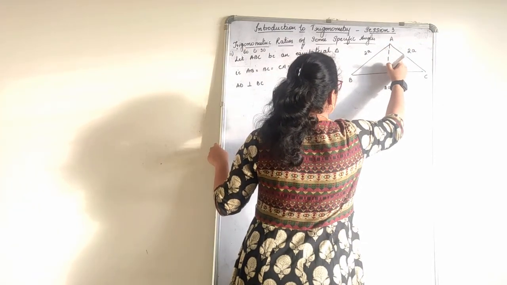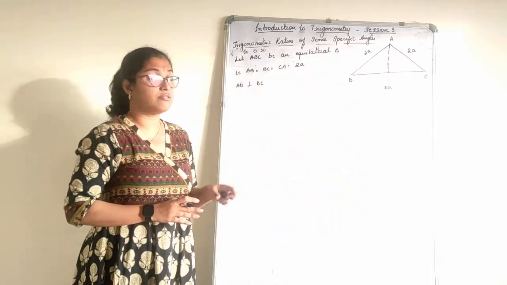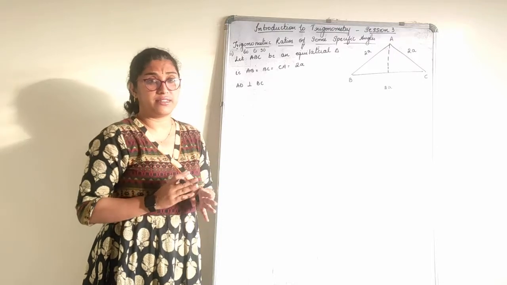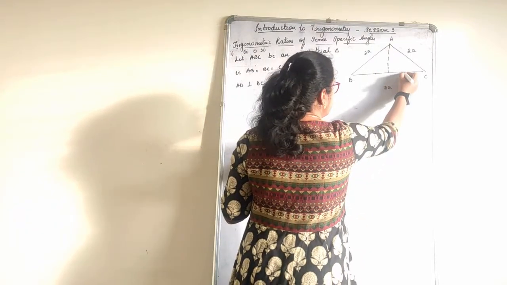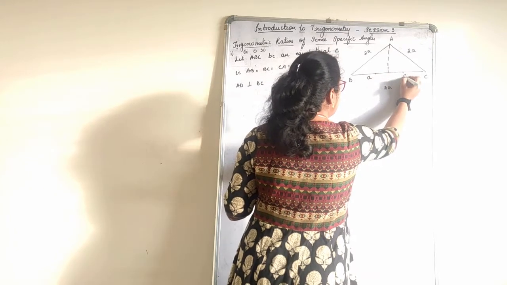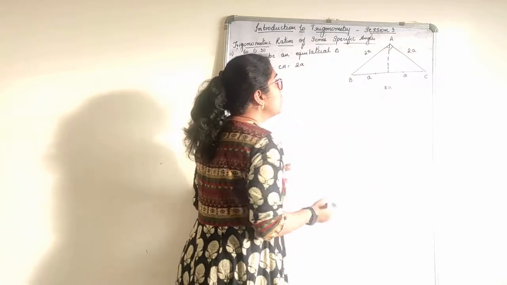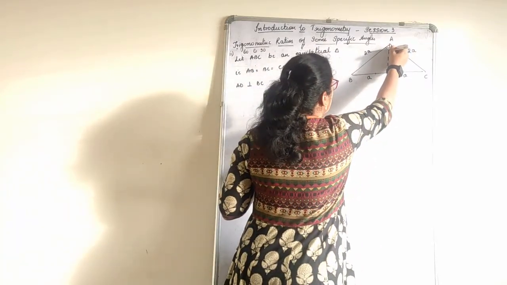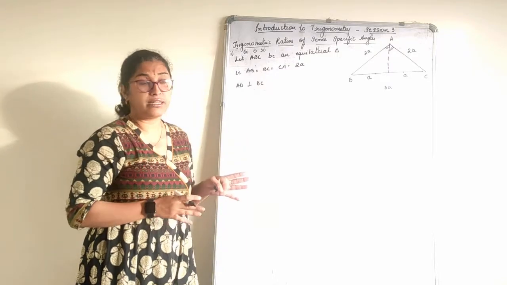Now we need not prove the congruency or anything. We know that it is an equilateral triangle. When we draw an altitude, that is height, to an equilateral triangle, that becomes a perpendicular bisector. If it is a perpendicular bisector, it also divides the side equally. That makes A and A, and it also divides the angle equally. So these are actually equal angles, right? So no congruency is required to prove that again.